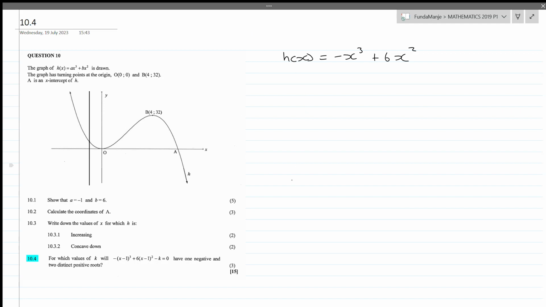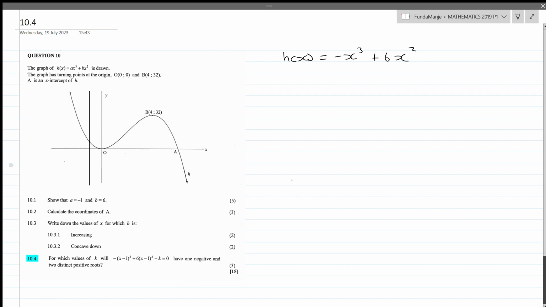So the last question 10.4 says, for which values of k will minus (x minus 1) cubed plus 6(x minus 1) squared minus k equal to 0 have one negative and two distinct positive roots? Now it's important to analyze that this is within the same question. So this is somehow related to